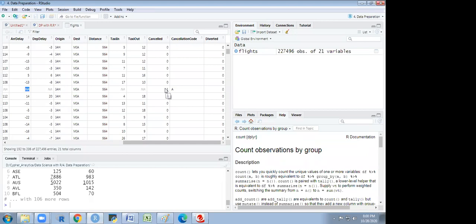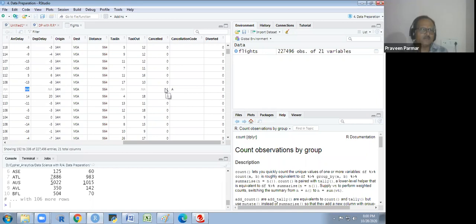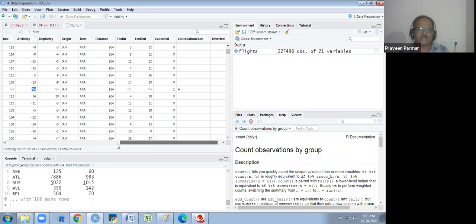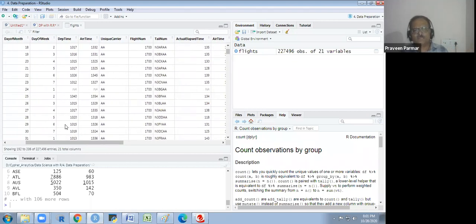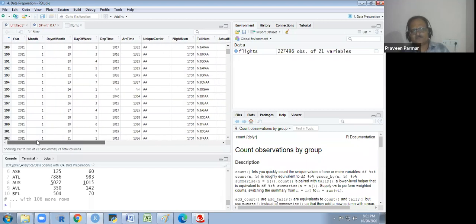Then we have to use the attribute na.rm equal to true. Whatever analysis we use, we will write that attribute in that syntax or function: na.rm equal to true. So don't make this sort of mistake. If a value is missing, it is missing for some reason. The flight was cancelled, so there is no taxi in and taxi out, no air time, no departure time. The flight was not there. Got it?